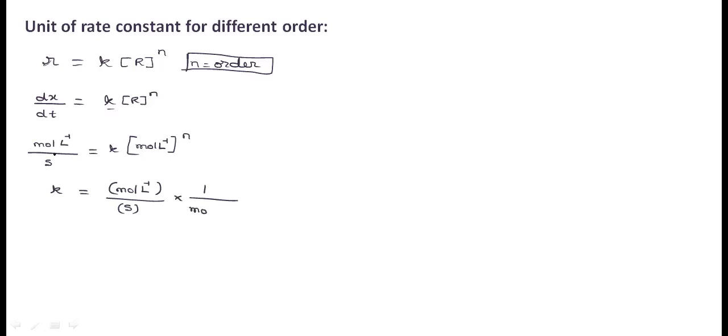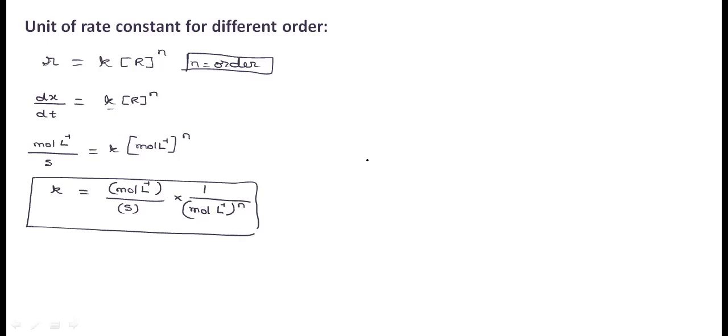So we'll come to the denominator. That is what I am writing. It is mole per liter, but here is the difference. N has a significance. For different ordered reactions, the N value is different. As the unit simplification and the unit of K are different for that, this is what we need to focus on. This is a very important 1 mark and 2 mark question, both for theory exams and for competitive exams. Unit based identification is very important.